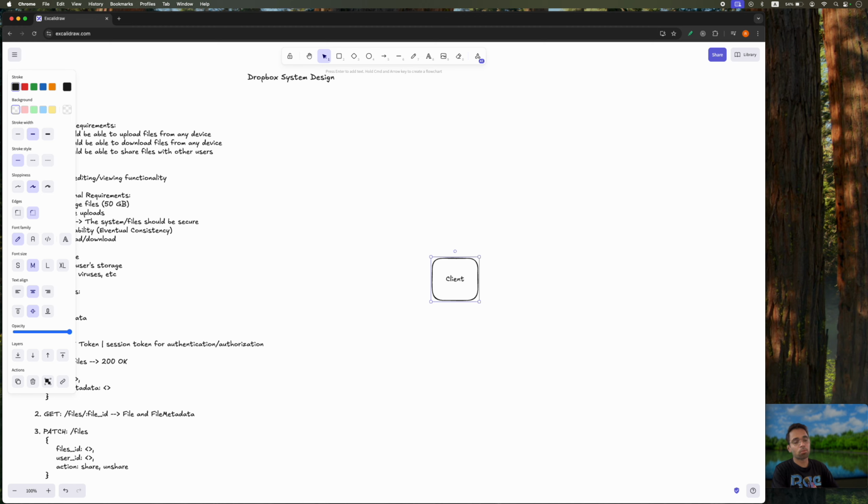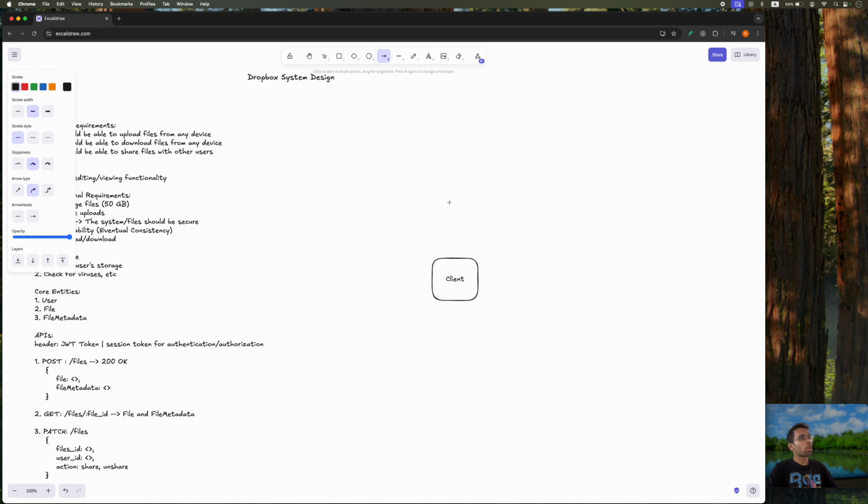For example, Dropbox has a Mac client, a Windows client. I'm not sure if there's a Linux client or not, but also it can support a browser. So the client could be anything with which the user interacts, and the client will make a request to